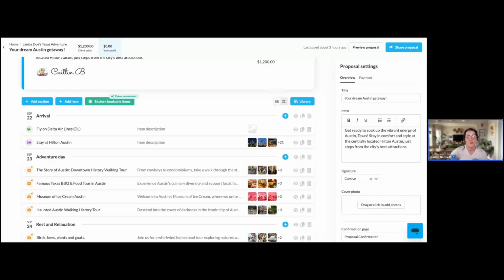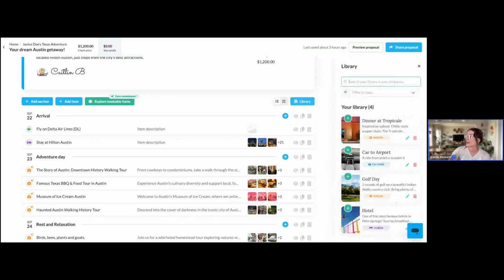The next thing we're going to talk about is a smaller update to our smart proposal and itinerary library. And we'll be talking a little bit more about a bigger update to the library. But for now, I'm going to show you this nifty tool. When we head to the library button,